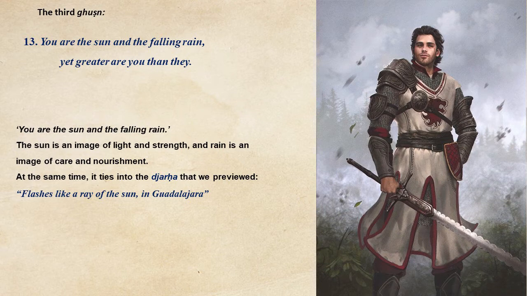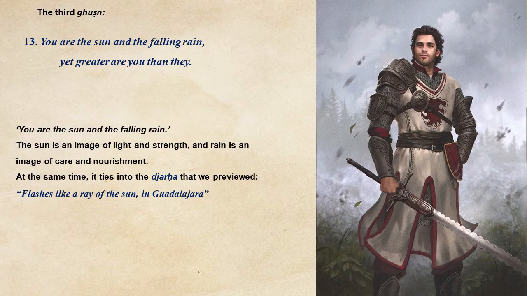Okay, all right. You are the sun and the falling rain. So the sun is an image of light and strength, and rain is an image of care and nourishment. At the same time, it ties into our jarha that we looked at before, which said flashes like a ray of the sun in Guadalajara. Here it is: you are the sun. And so this is a description of this messianic Joseph, which is going to be summarized in this pre-existing Spanish,